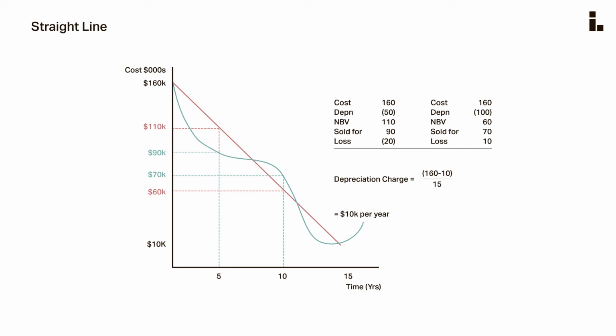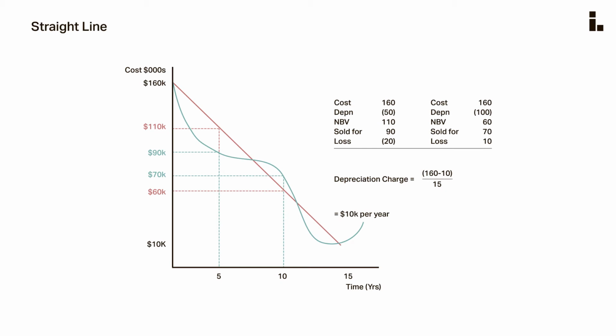As you drive off the forecourt, the market value falls significantly, then it levels out, then it falls into a mine, so the value falls again, then you rescue the digger and have it repaired, so the value levels out again, and finally it's valued at $10,000 in 15 years' time when you sell it. So you can see the market value, which is what it would be worth if you sold it, is not